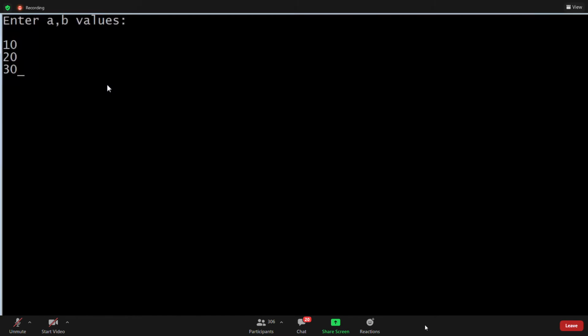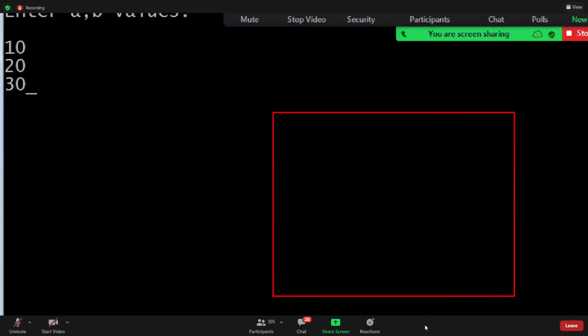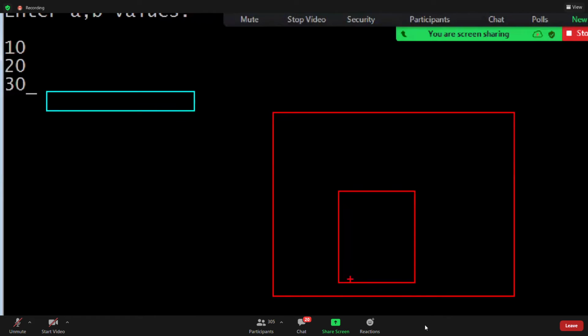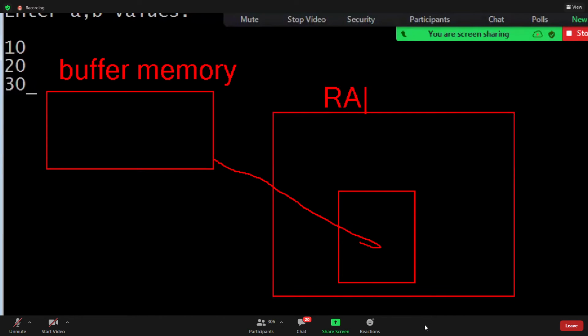This is RAM, guys. How does it work? In RAM, stack will be there, and values will be stored in stack. Whenever you are reading input, it won't directly store in stack. Buffer memory will be created for input. Through the buffer, those values go to the stack area. That buffer will also be created in RAM only. Directly it won't go.